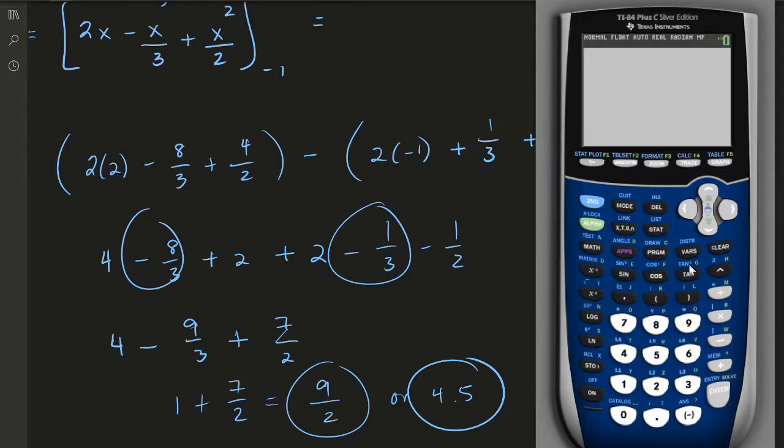Math 9. I'd go -1 to +2. I would just type in alpha trace y1 minus alpha trace y2 dx. A little faster than doing all the calculations by hand. 4.5, and there you have it. You need to at least show the integral and the setup that goes with it in order to get full